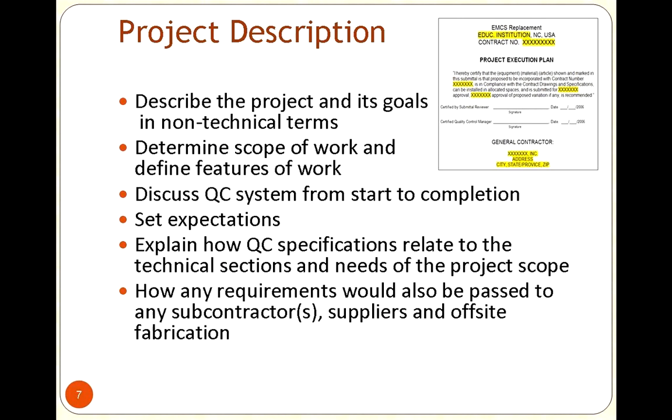You can determine the scope of work and what those definable features and tasks and subsets and milestones are, but you need to get that initial description first and then worry about the details a little bit later. So you're kind of dealing with the layman and you're dealing with the technician. Make sure that you're explaining things to them that they need to do. And make sure people understand what the quality control processes are from the beginning to the end.